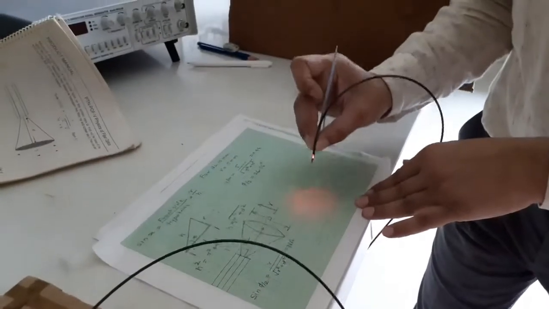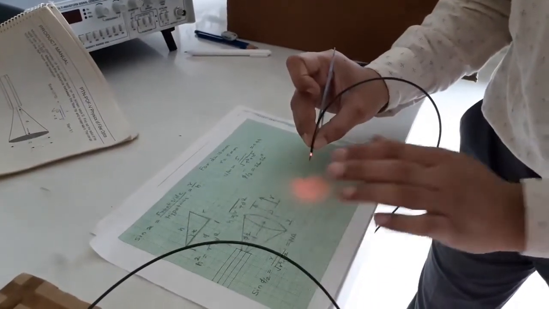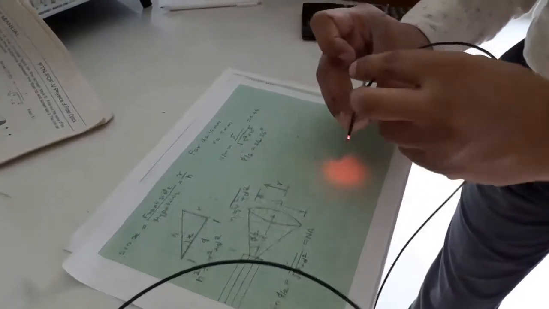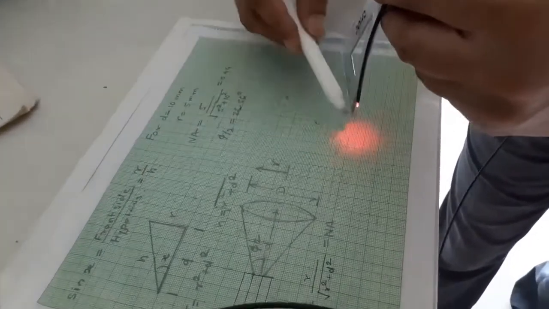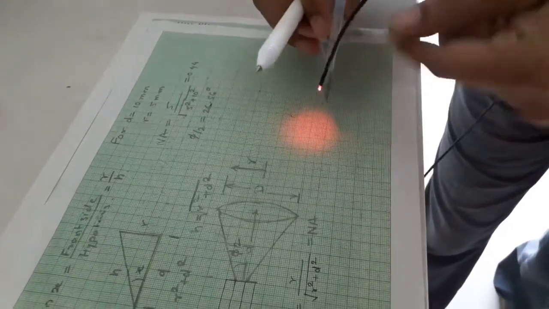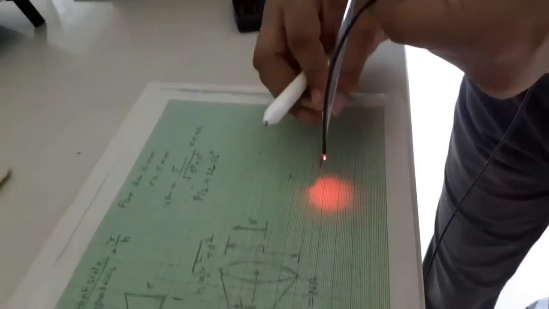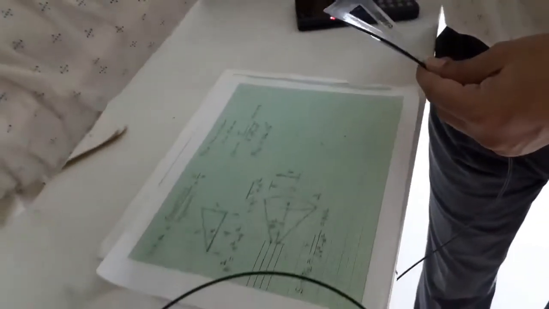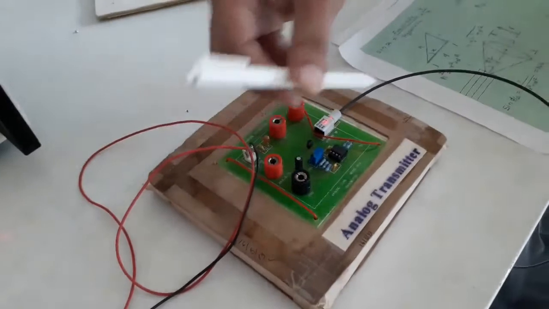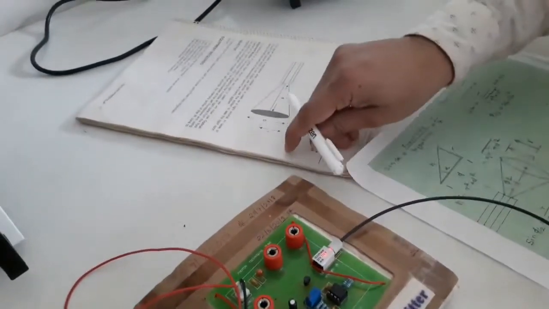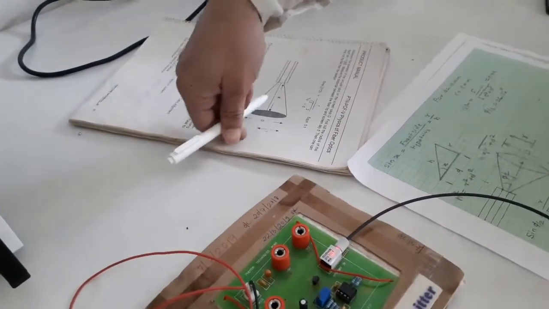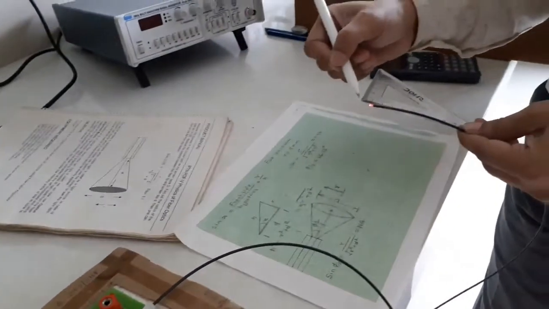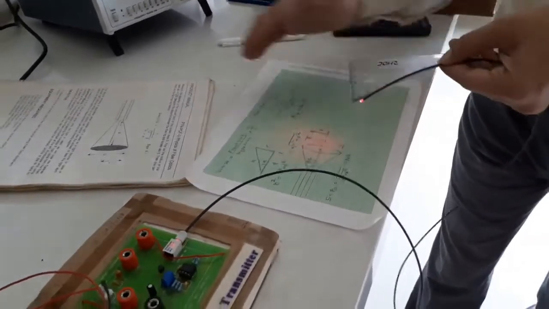Now you can see the pattern is generated as a vertical cone. The base of the cone is generated in a circular shape here. If you see this circular shape, and my tip of the fiber is on the top, so it is generating a virtual kind of cone. Actually, when light is injected from this LED, it is injected in a similar fashion. The light which is injected within this acceptance cone will only be able to propagate through the fiber and come out of the second side. So the idea here is to measure